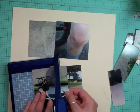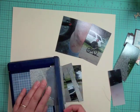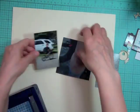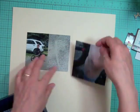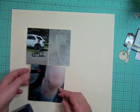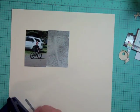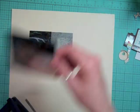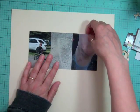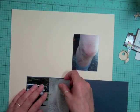Now this is pictures of our camping trip that we had done in 2006. We had gone to, was it 2006? I'm gonna have to check the year on that. I don't think it was that long ago. I think it was 2008, actually. 2008. And we had gone to Boston, and my son wasn't too comfortable with his bike, and him and my